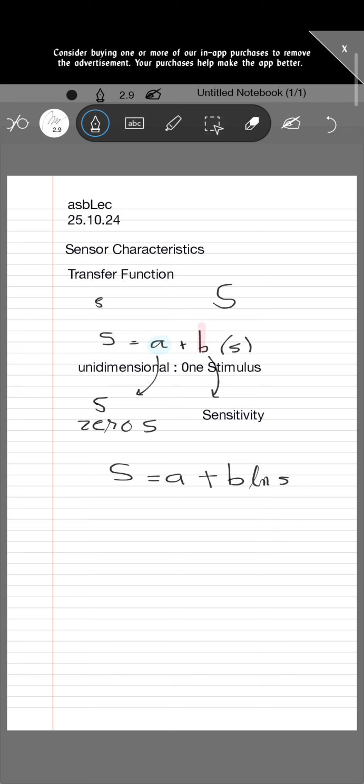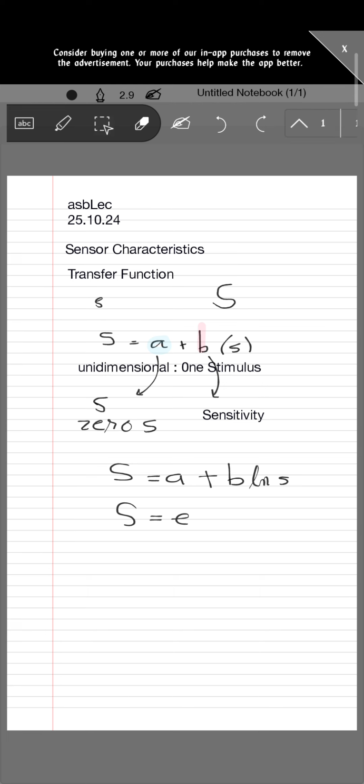It can be exponential also, that is s is equal to a e to the power ks,